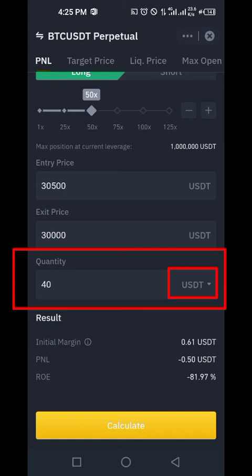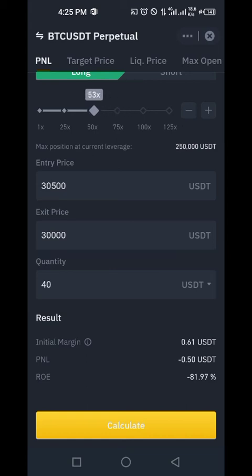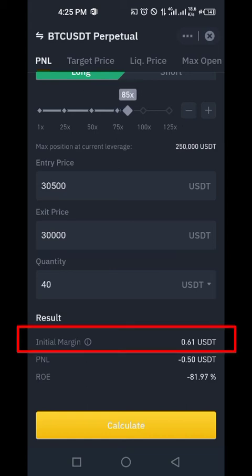But where your leverage matters is the fact that when I increase it to 80 something here, can you see the initial margin is 0.36, while the loss will be 0.35? Meaning that it won't get to stop loss. It won't get to this price before I get liquidated. That's what they call liquidation. So before it gets to that point, it would have lost the 0.36